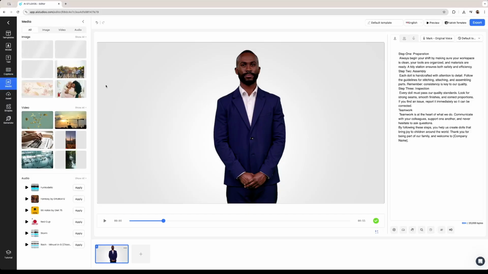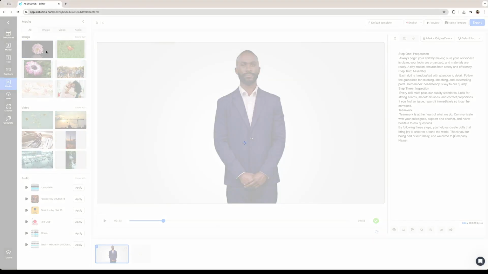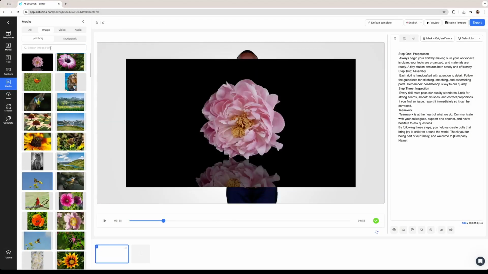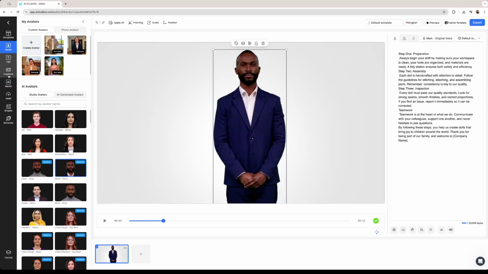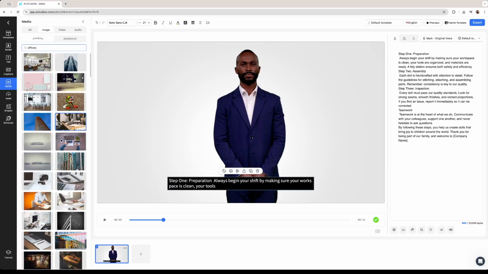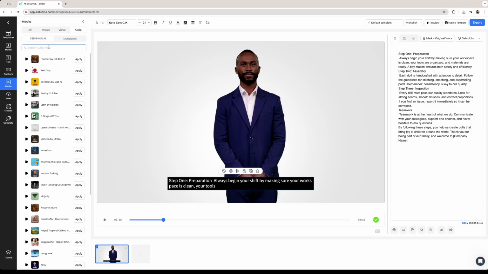You can change the way in which the media is looking in the scenes. For example, if I click this media right here, it's going to be on top of our avatar. We can search from a bunch of different assets in the media library. If we look, for example, for offices, then the software is going to produce a bunch of different media for us to use. We have images and video. We can also look for audio if we want to add different audio in our video. Right here we have the captions that the software created for us to check out in each specific part of